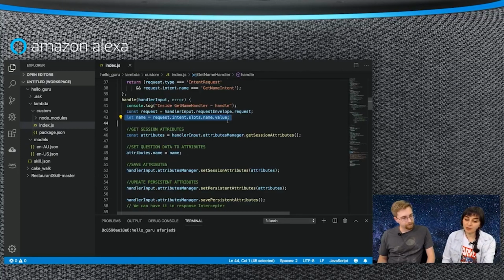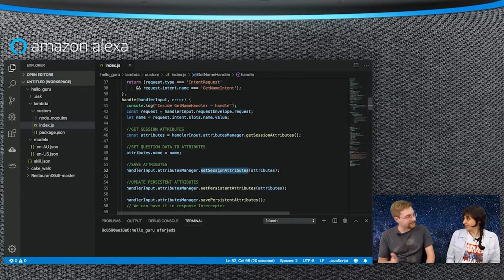So again, I'm using Node.js SDK version 2. All I'm doing is grabbing the session attributes through the attribute manager. So I have the attributes available. I would say I want a new key value pair to add to whatever list you already have. So I'll add it here, and then I set it back to the session attributes. As easy as that. Yeah, so that'll keep it within that session.